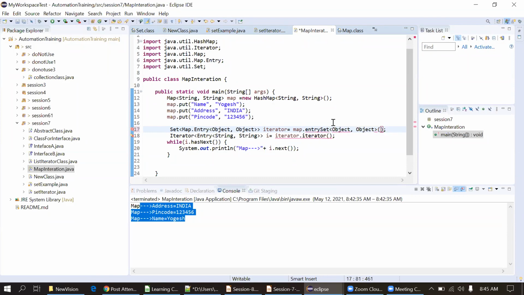Actually, before Java 7, we were supposed to declare it in this way. In both sides, we have to declare this. Suppose we are providing something at this side, we have to declare it at this side as well. But now it's not recommended, so we are not using this approach. That's why it might be giving the compilation error now.